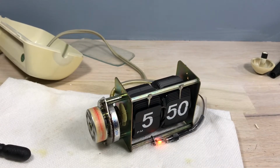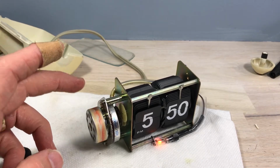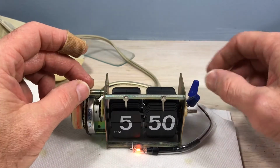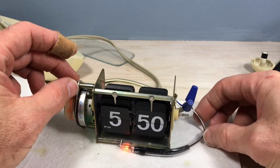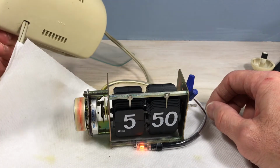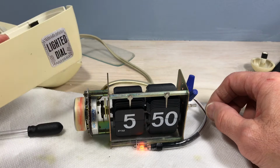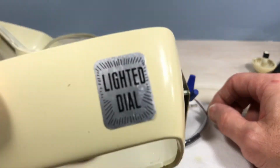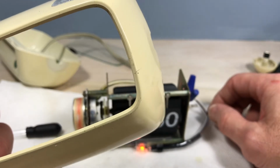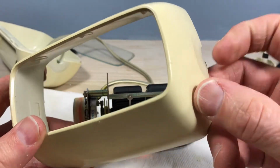Now here we've got the bulb replaced, and the motor comes on exactly in time with the bulb, so we know the motor's working well now. And that's the same length that'll actually fit in the clock just fine. Lighted dial. I hate stickers on flip clocks. It is one of my pet peeves that they're still on there. I don't think it adds anything to the clock, so